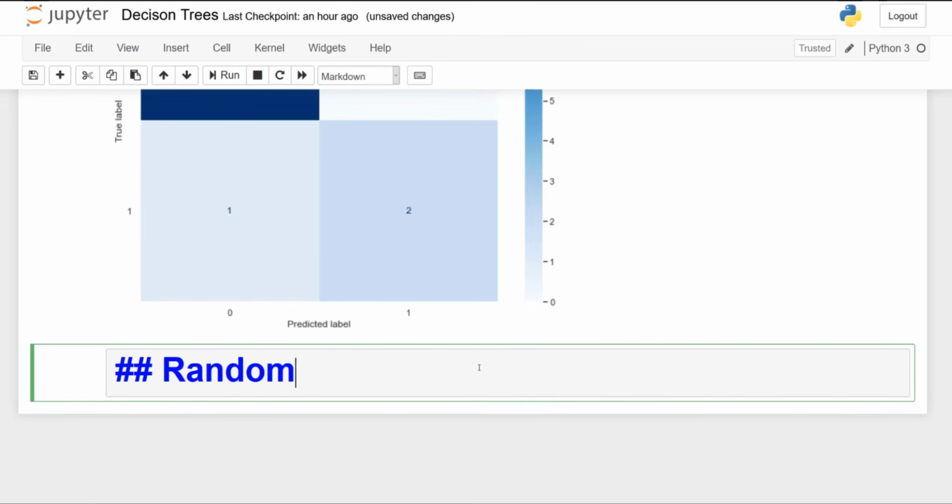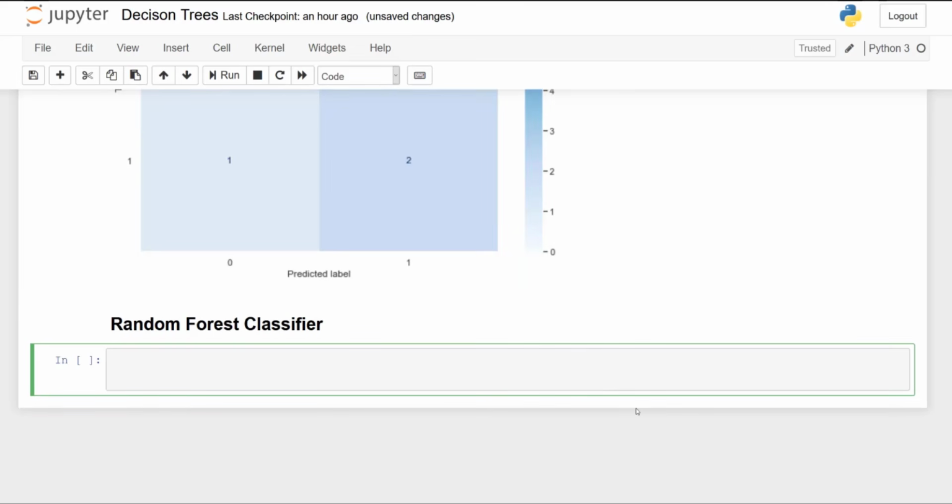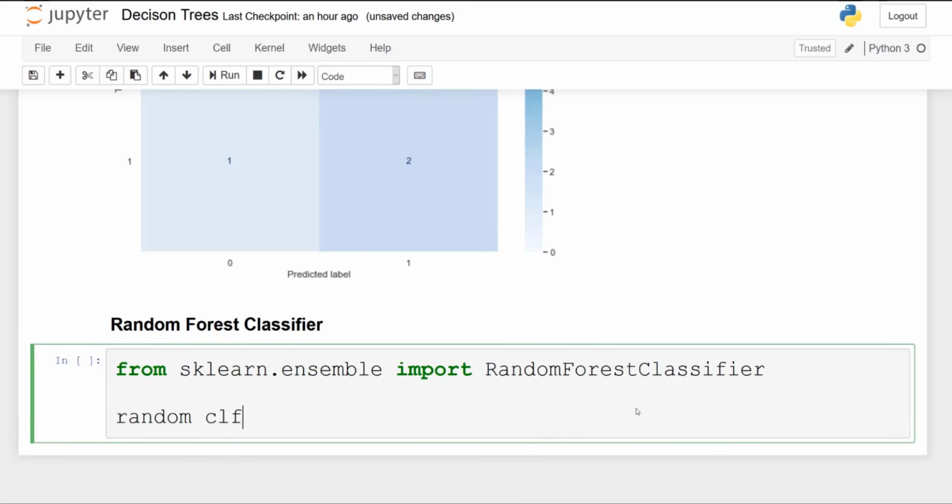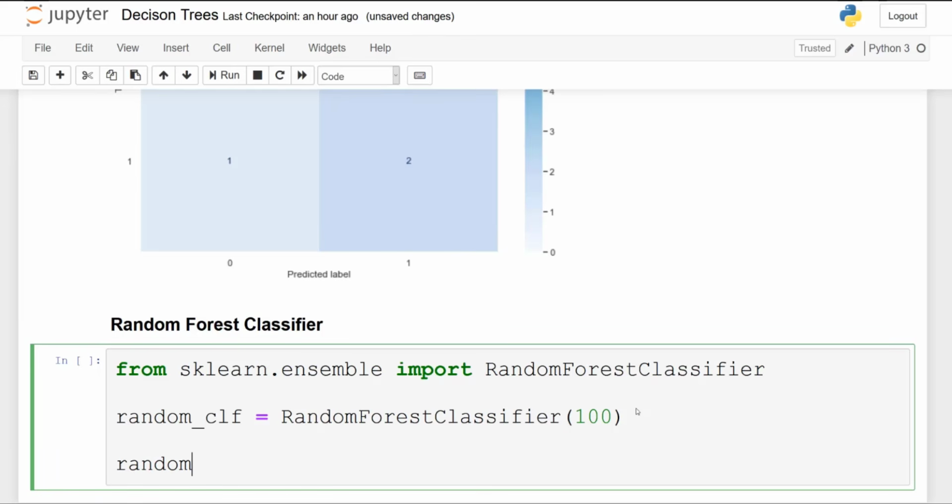Now let's see how we can implement random forest. At this point, feel free to pause the video and try it on your own, as the process will be very similar to bagging, so to what we've done above. So from sklearn.ensemble, we're going to import random forest classifier. We initialize the model. So random CLF is going to be equal to random forest classifier, and in this case I will specify the number of trees. I want 100 trees. Then we fit the model, we pass in our train set,